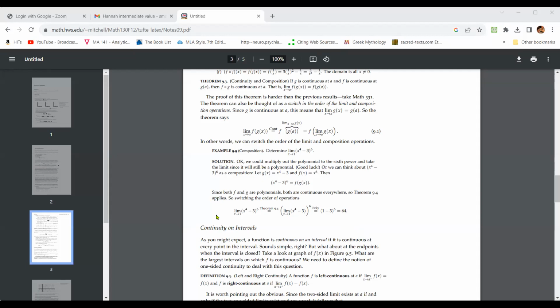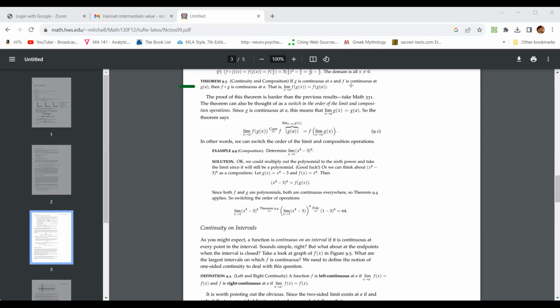is this continuity and composition here. So we need this thing here where it says theorem 9.3, which don't worry about the number, but it says if G is continuous at A. Now, why did we start with G? G is what you're swallowing. G is the inner function. So if my inner function is continuous at some value A,